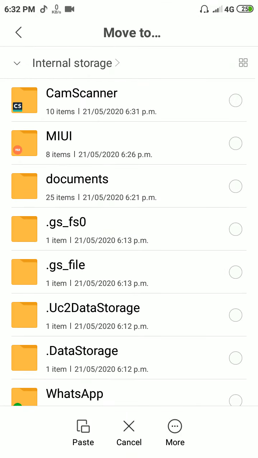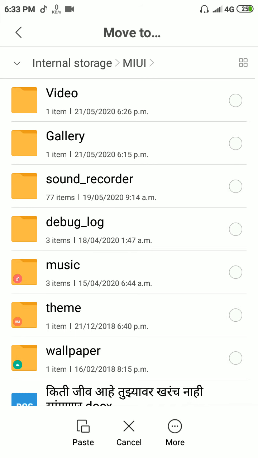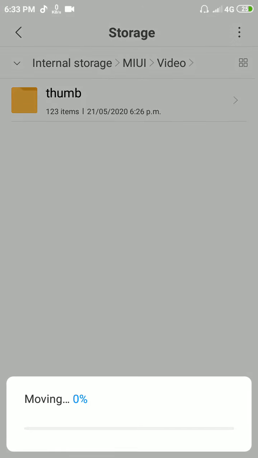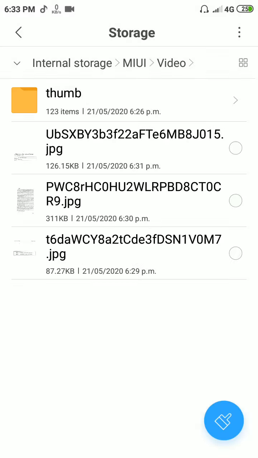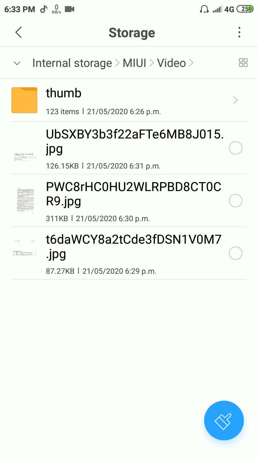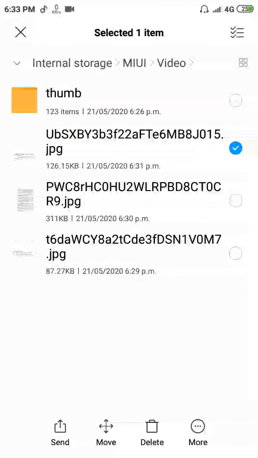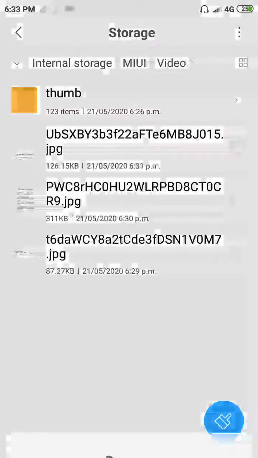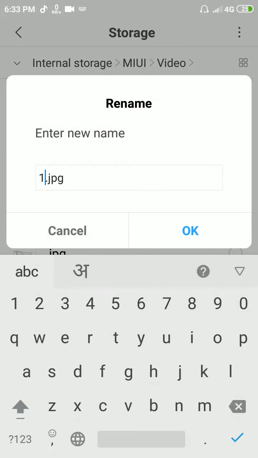Here I have moved it into the videos folder and rename it with a particular name or number, because we want to arrange these documents in a particular sequence.